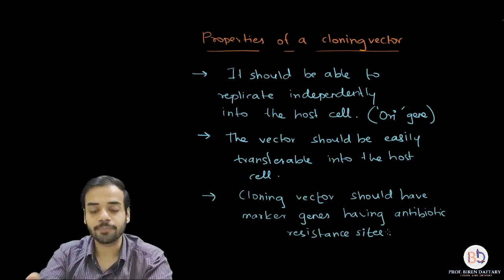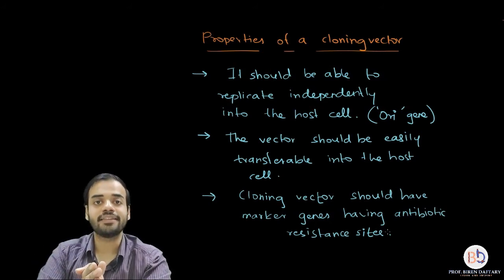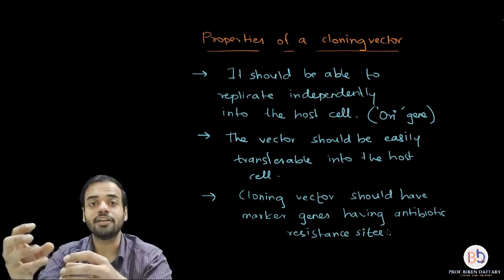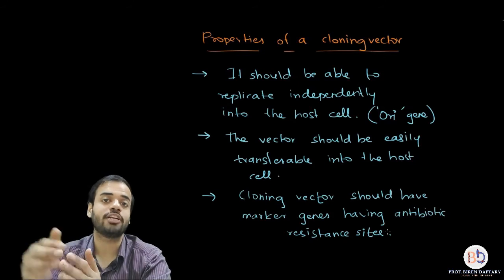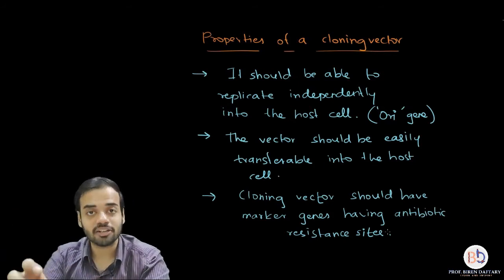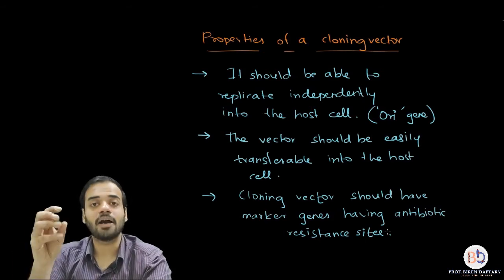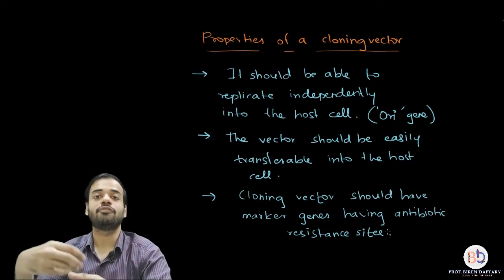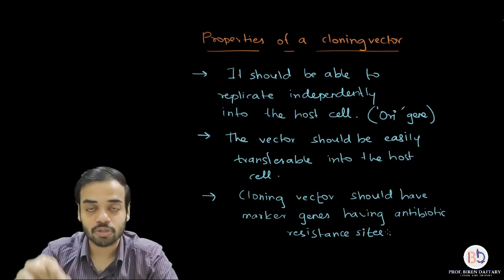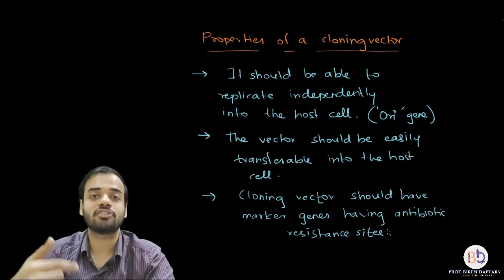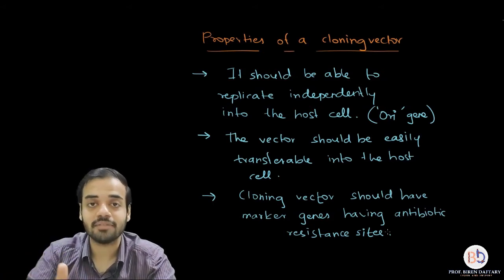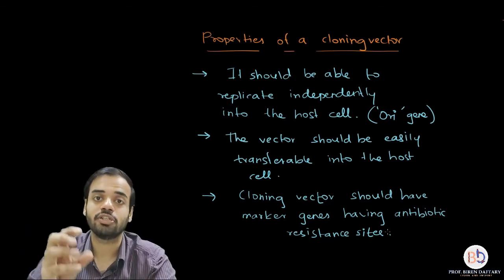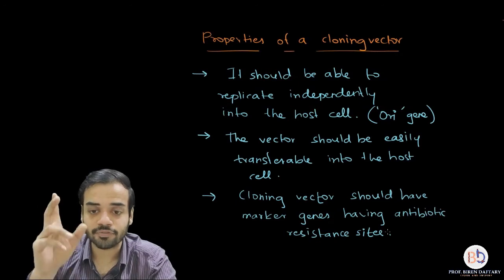Each marker gene will help you in tracing whether the plasmid has moved, it has multiplied, all those things. Okay, if you remember DNA fingerprinting, we had talked about radioactive probes. Radioactive probes help us to locate where the single stranded strands have joined with the complementary strands, right? In a similar way, over here, the marker genes present on the vector help us to identify where that vector is present in the host cell, whether it has multiplied or not. So that is called a marker gene. Marker genes help in tracing the vector which you are using. Is that clear? That is the first point.